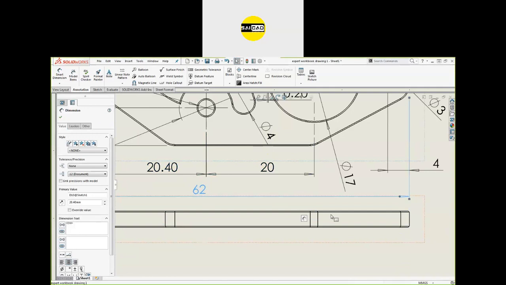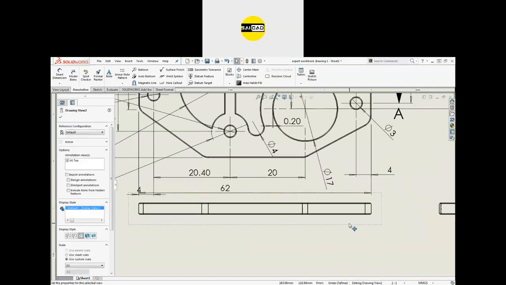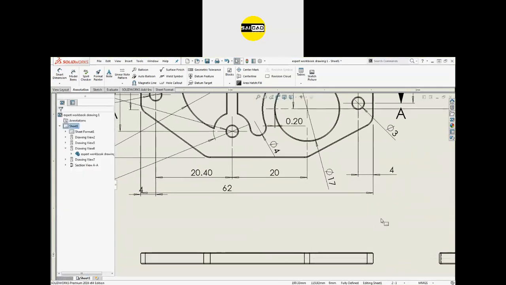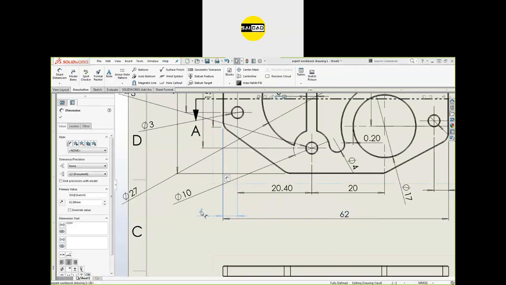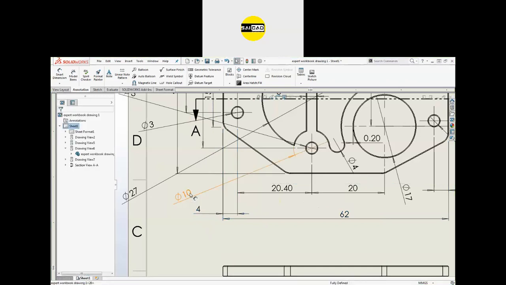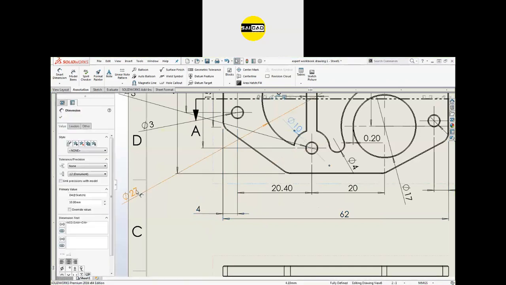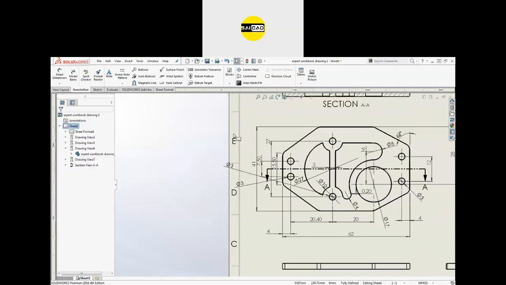I just want to move that down view to somewhere downside so that the dimension does not overlap on it. Okay, create everything here. You just have to do it manually.